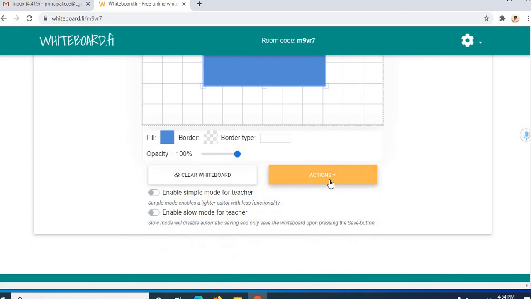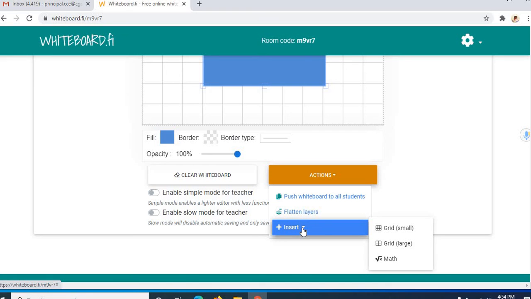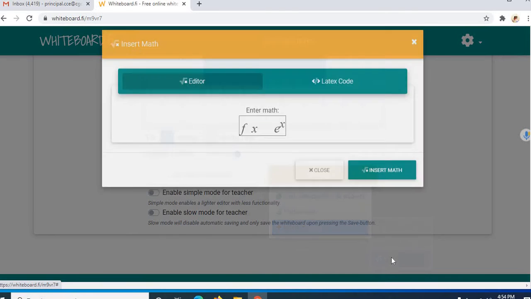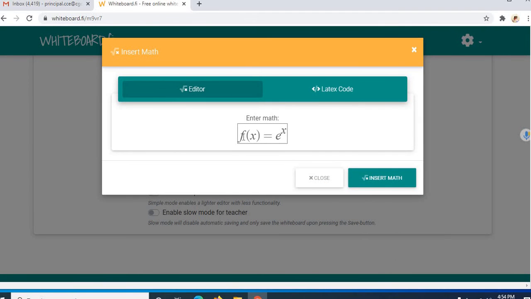Once you go to this action board, you can see this insert, and in this insert itself you can see mathematics. This is really a wonderful added feature for the mathematics teacher. I can add my mathematics equation over here, so you can write down whatever you want.